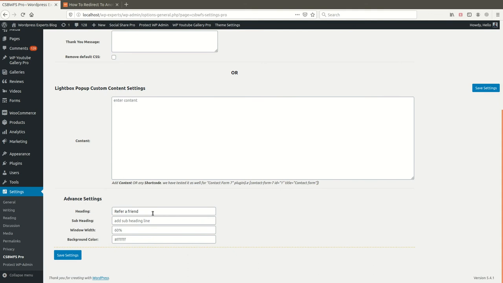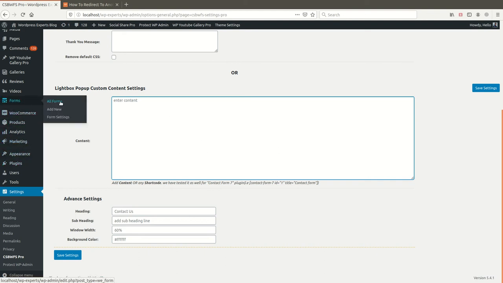Okay, so one more thing we have given in the option: you can use any plugin shortcode here. If you are using Contact Form 7 and want to add your Contact Form 7 plugin shortcode here, then you can do it very easily.